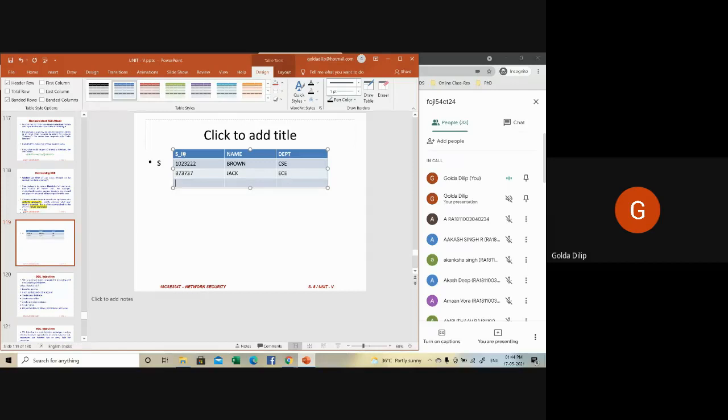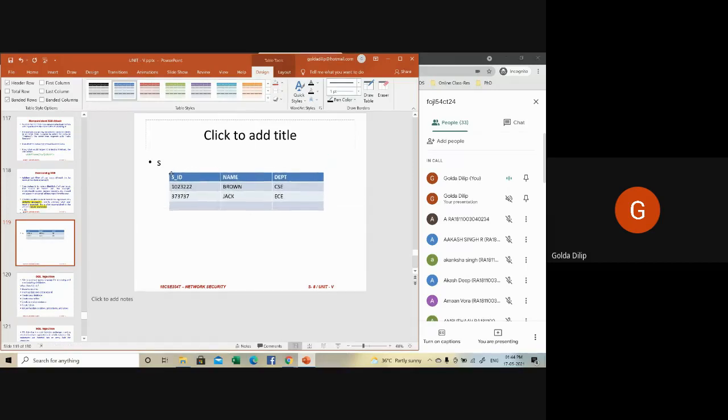This is how a table looks. The rows are called records. Relations will have these attributes and tuples. This is what is called a relational schema.